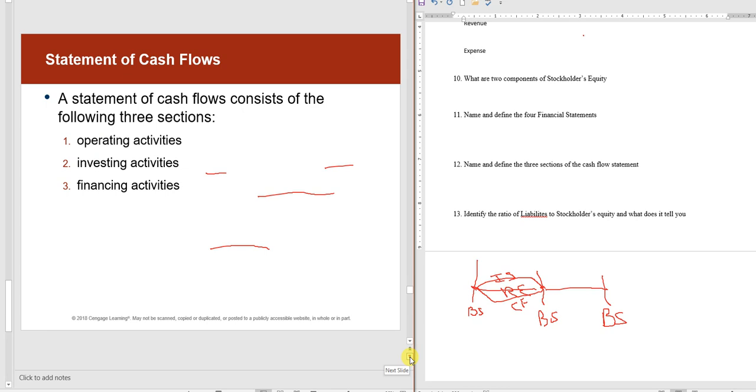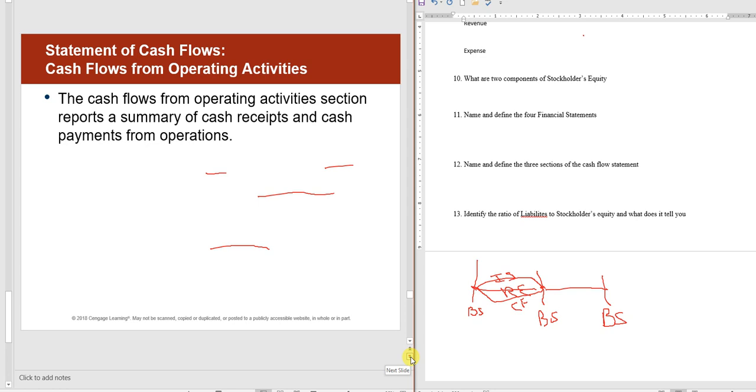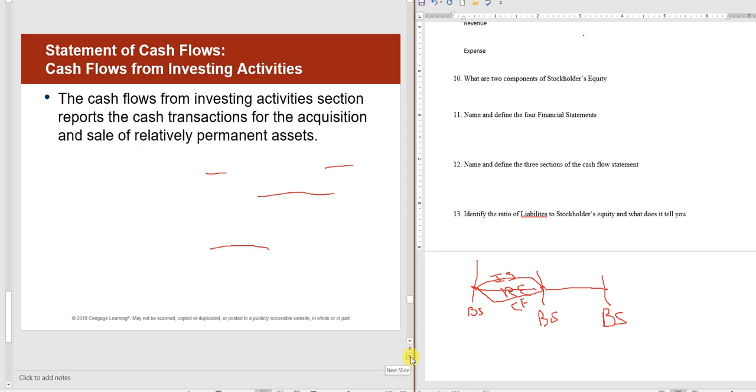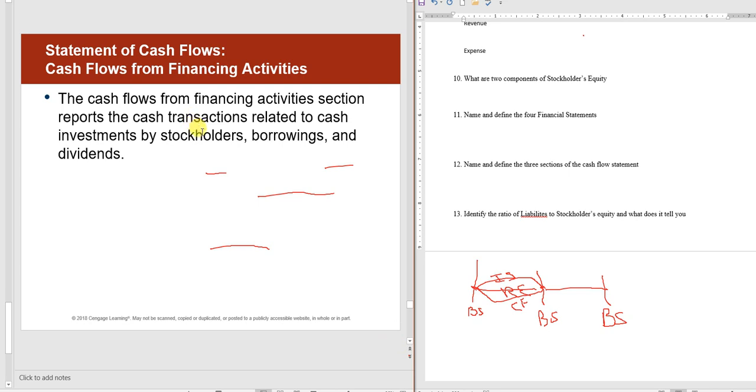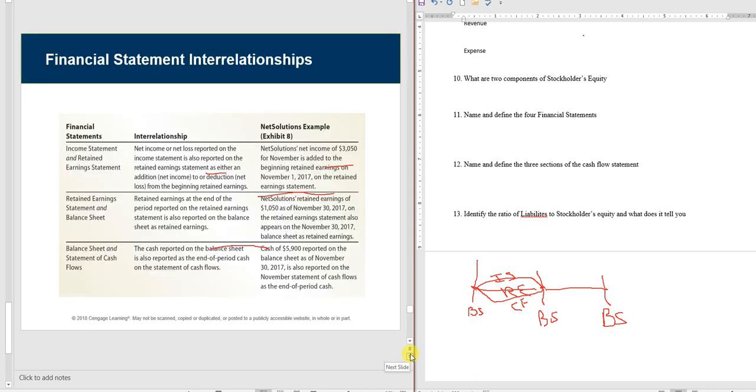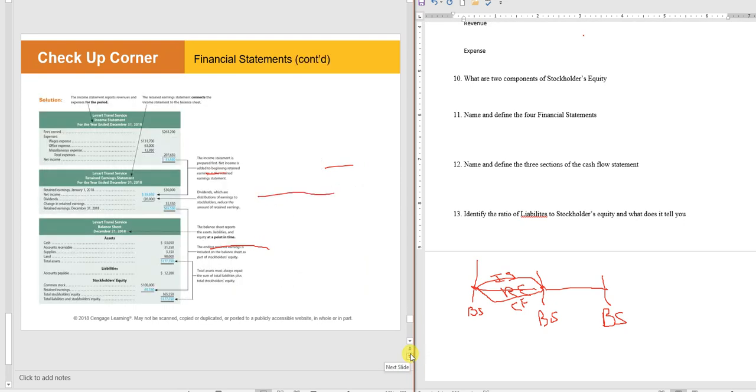The 3 sections of the cash flow are operating, investing, and financing activities. Operating activities is what I'm in business for. Investing activities is what I invest in. I can either invest in my business, so if I have a lawnmower business, I would invest in buying a lawnmower, or I can make investments in stocks and bonds. And financing activities are basically how I finance my assets, so they are debt and equity transactions. You can look through those.